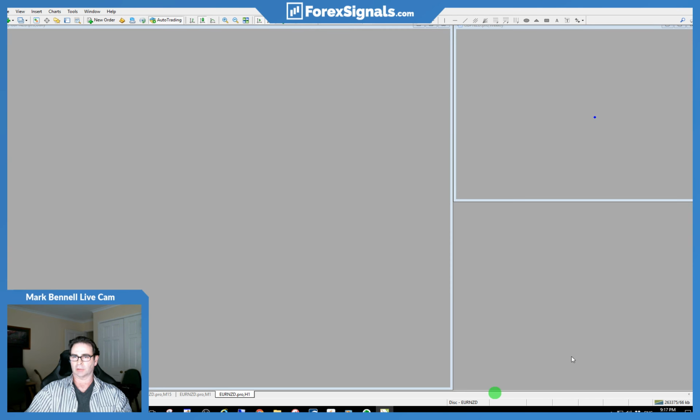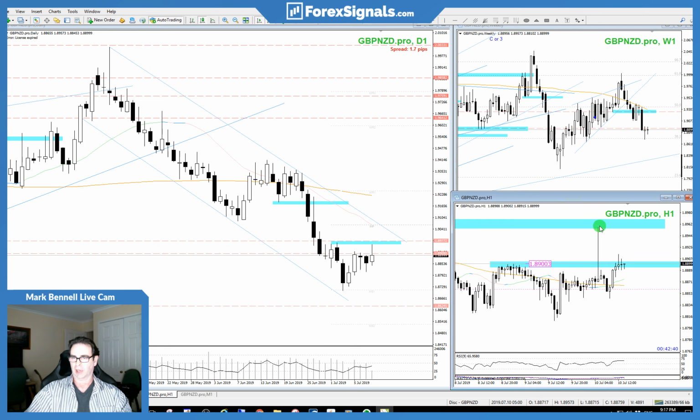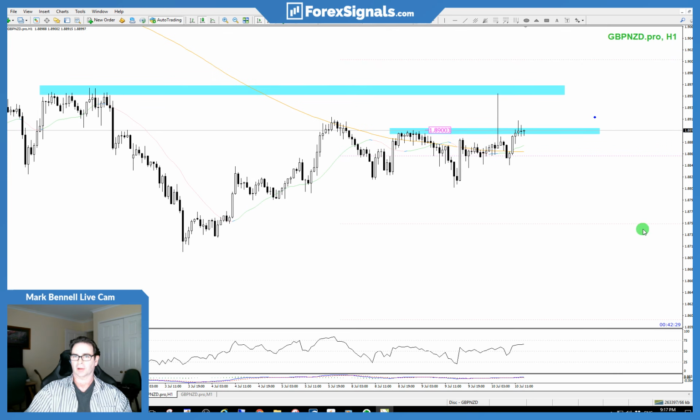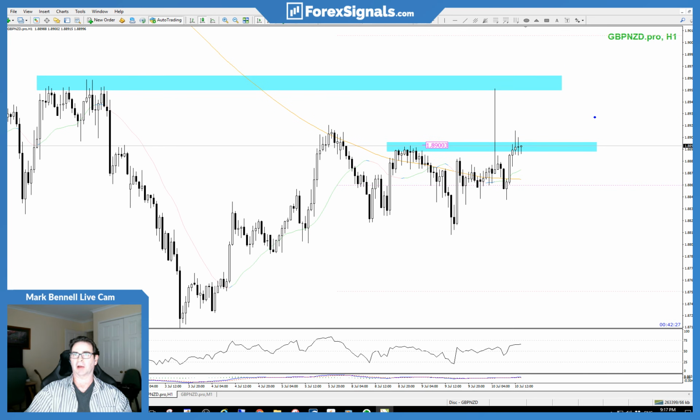Unfortunately, Pound New Zealand as well did the same. Look, through here. Bang. 50 pips. That was the level we wanted to say. We put the level in and then we went and did something else. You can see there's only a few hours gone. And we said, nice shakeout through here. Push, consolidation. Let's see price come in here and break. Bang, it just did it all in one go. All right. Classic Asia liquidity grab. That's all it is.